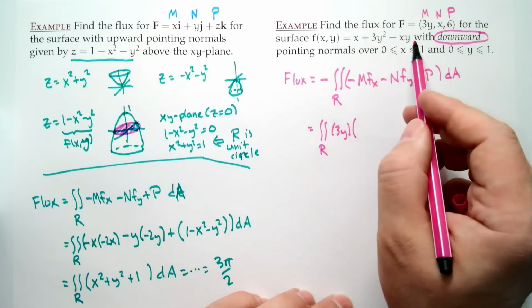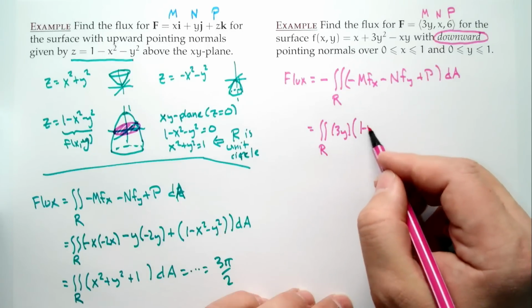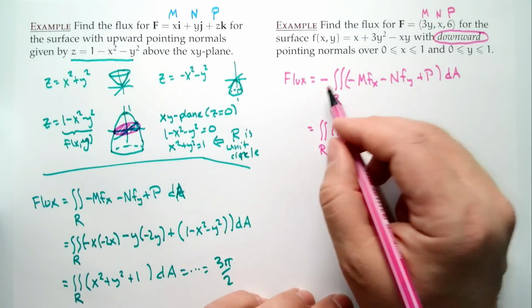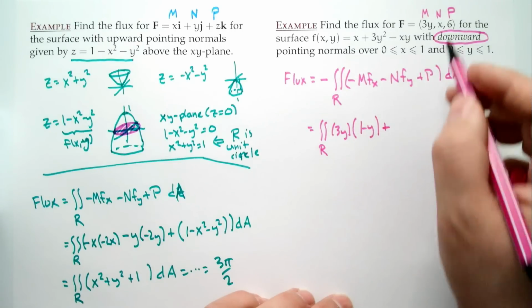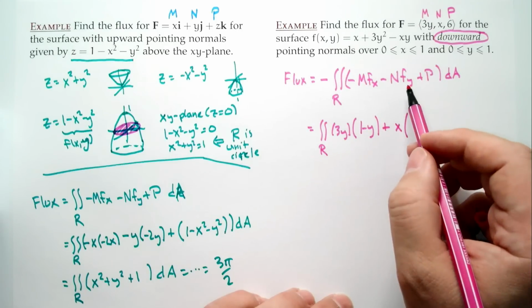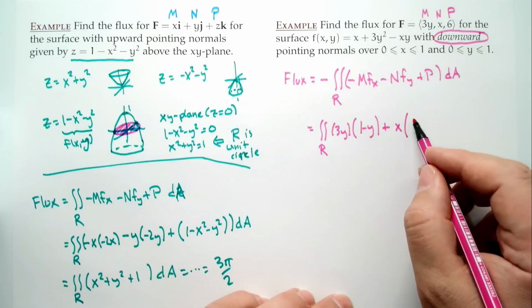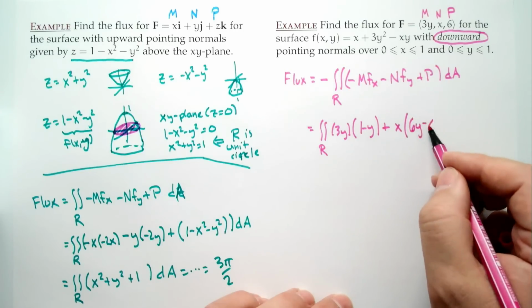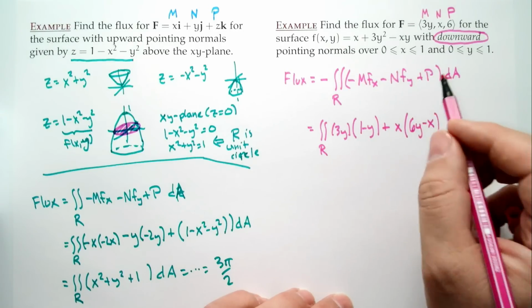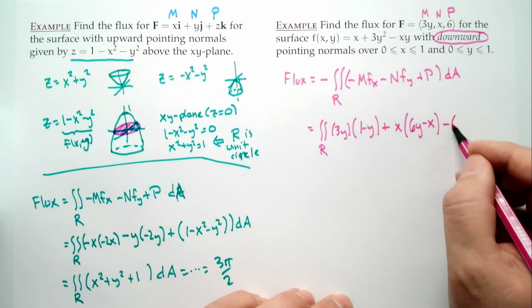Well, what is f sub x? 1 minus y. Then minus makes this a plus N, which is x, and then I have f sub y. Well, what is f sub y? 6y minus x. And then finally I have minus P, so that'll be minus 6